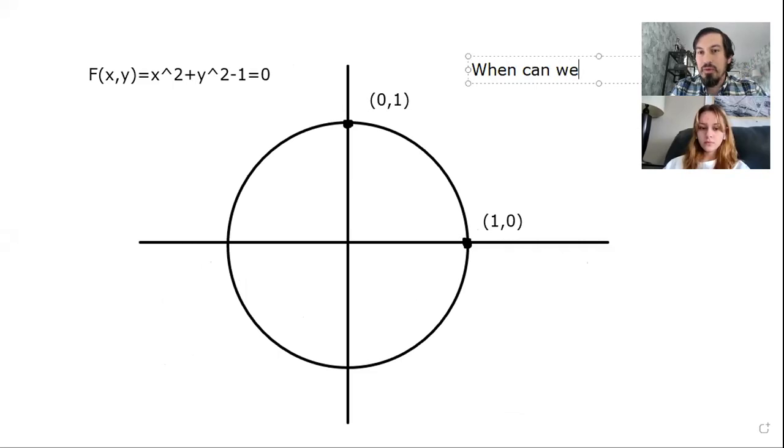When can we define y equals some function of x? That's the question. When can we define y equals some function of x, given this implicit function, capital F of x, as written out here? And the implicit function theorem tells us the answer is